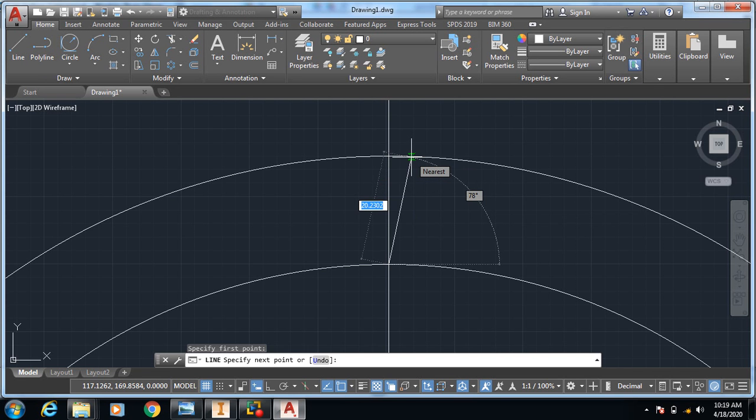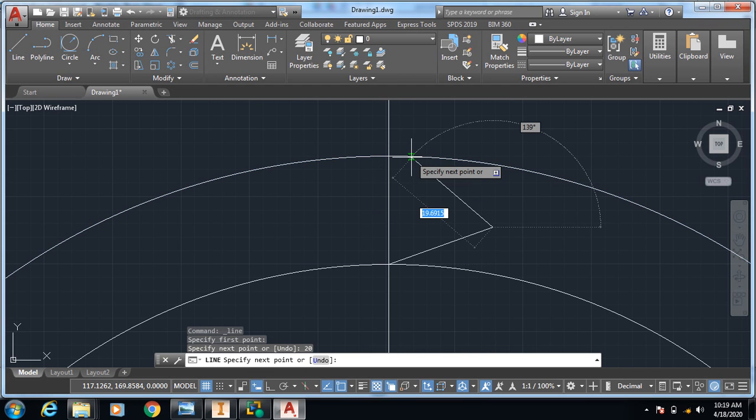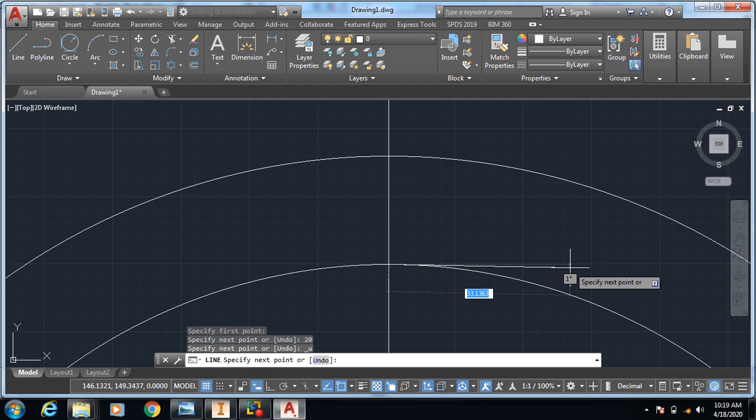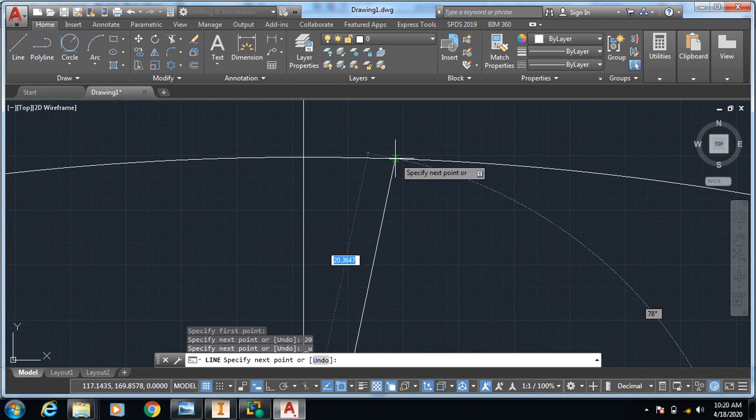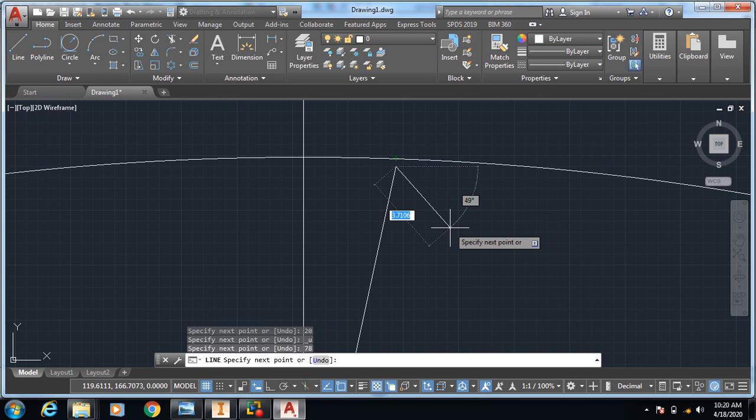This should be 78, means from the vertical line at 20 degrees. Give its angle as 20, press OK, sorry, Ctrl Z. Give it 20, tab, press 20, enter.